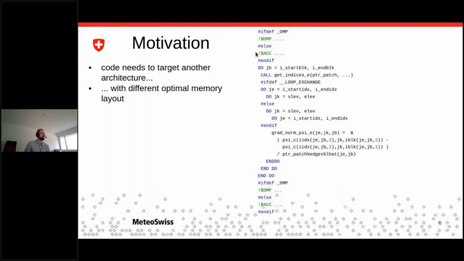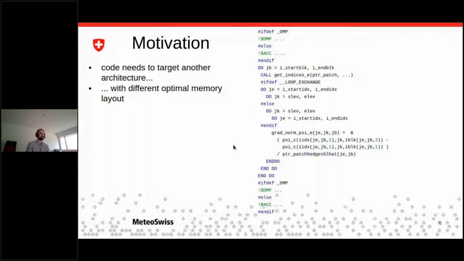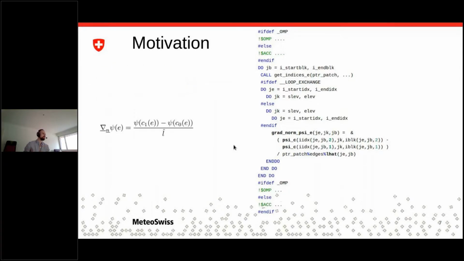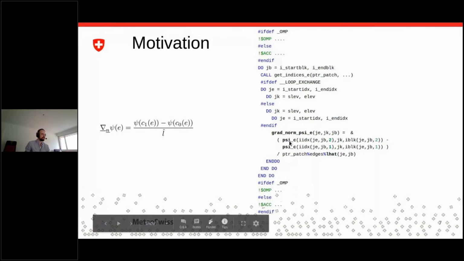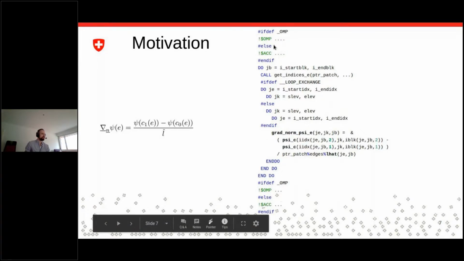So that's kind of where we are now. We have code that works well on all these hardware architectures that we are interested in. We can run it well on very high performance supercomputers. And we started off originally with this numerical discretization. And if you look closely, you will see that it still exists in this code, right? There's still this difference that we take and we divide by this L hat and then store in this gradient field. However, there's a whole lot of other things that came on top of it, from all these loops and